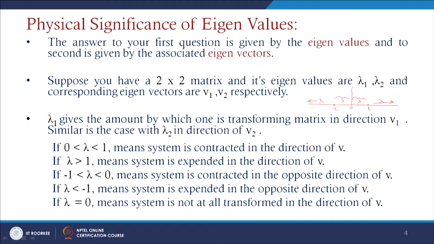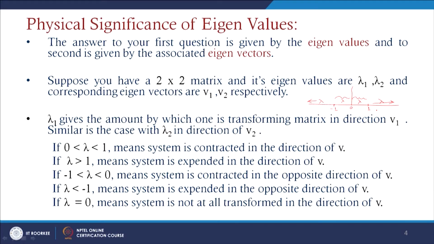So, these 4 situations or conditions we are just assuming to study the behavior of the system, whether it is just transforming towards the direction of V1 or V2, or if we are combining this system, then whether it is behaving towards V or not. So, if we are seeing here lambda is less than -1, suppose the system is expanded in the opposite direction of V, and if lambda equals 0, it means the system is not at all transformed in any direction